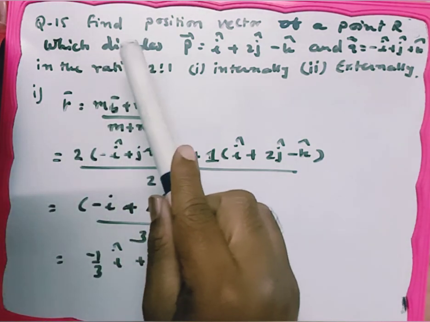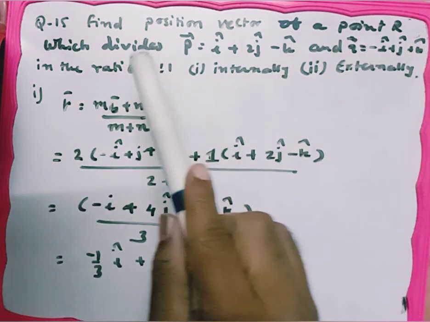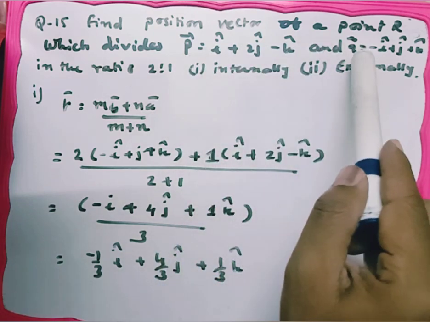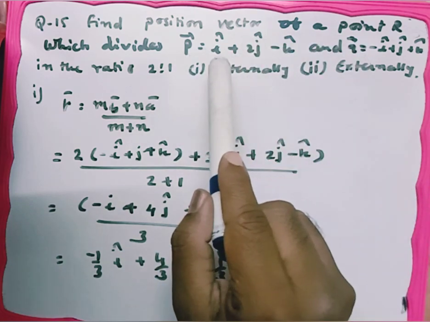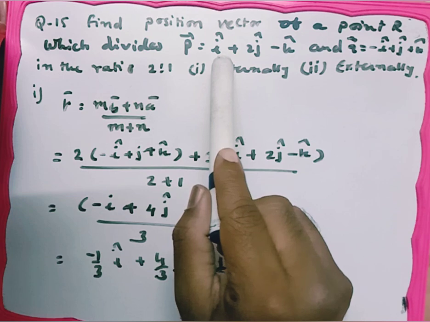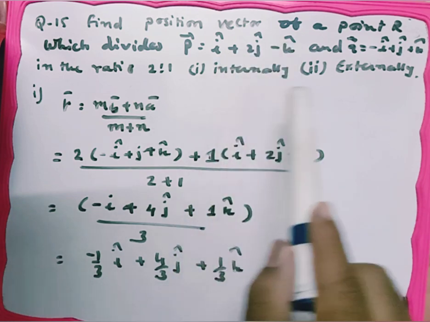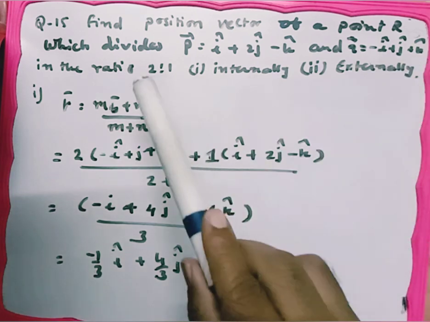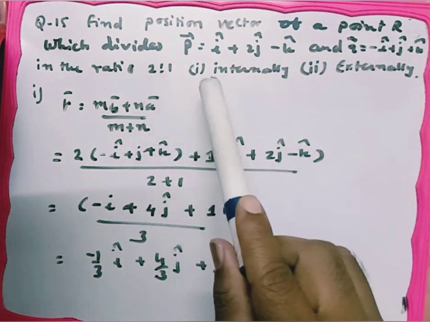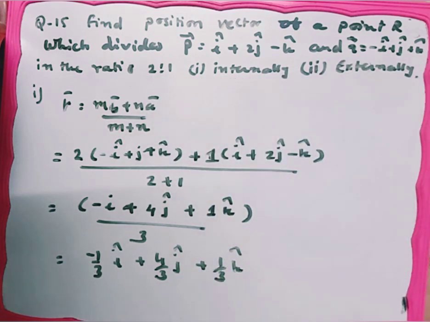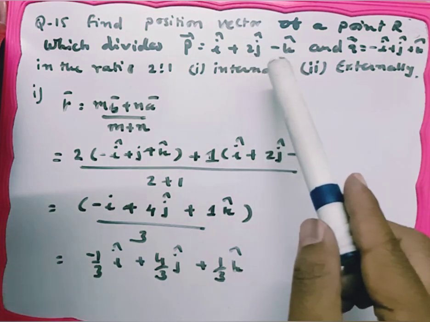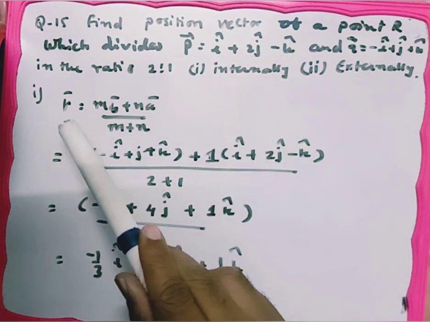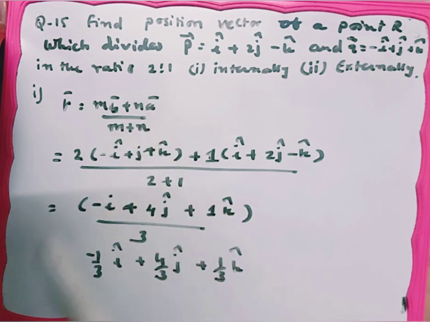15th question: find the position vector of point R which divides the line segment joining P bar and Q bar, where P bar equals i caret plus 2j caret minus k caret and Q bar equals minus i caret plus j caret plus k caret, in the ratio 2:1 internally and externally. So if the point divides internally, we have the formula R bar equals (m b bar plus n a bar) by (m plus n). So here it will be